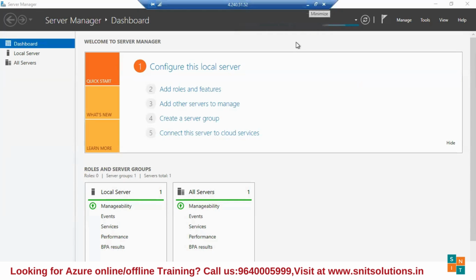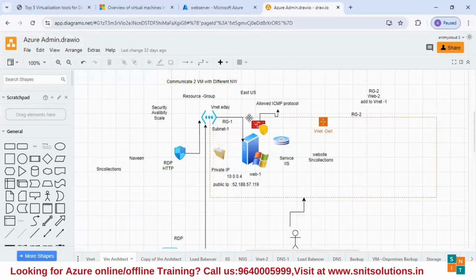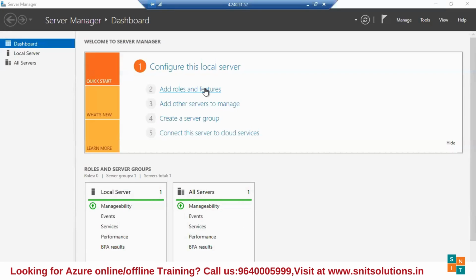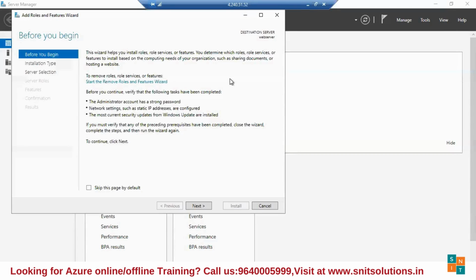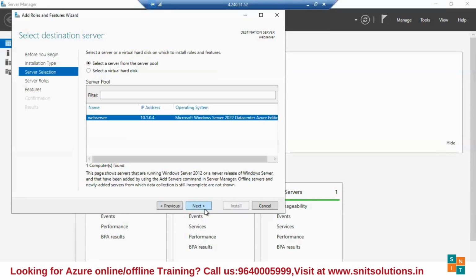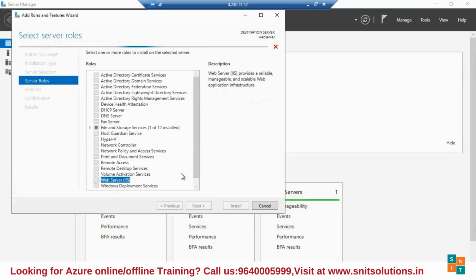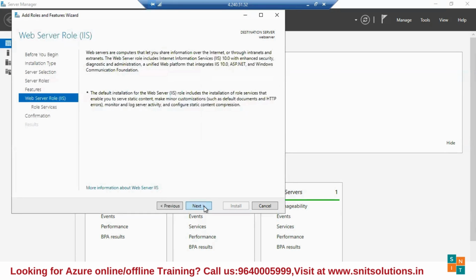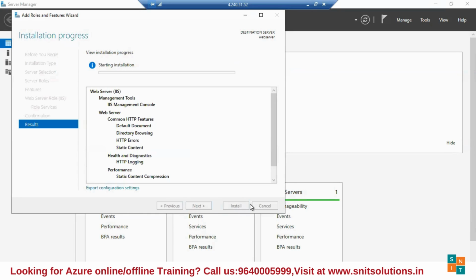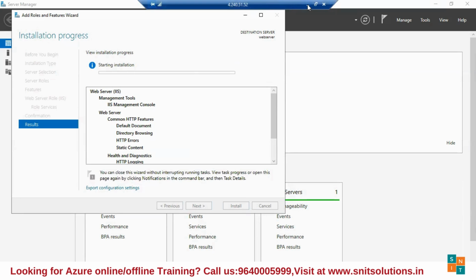In this machine, my agenda is to make this a web server. To make this a web server, I need to install this service called IIS. To install this IIS service, go to Add Roles and Features, next, next, next, and install this IIS. As of now, just simply click all next and finish. Now, once I've done this, my next job is